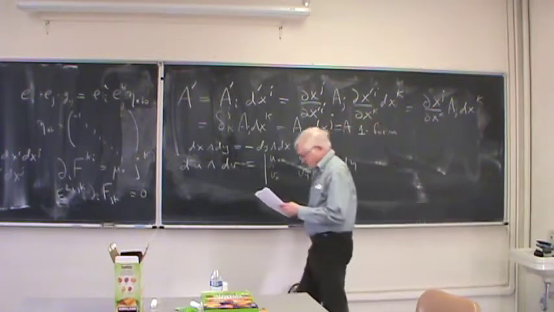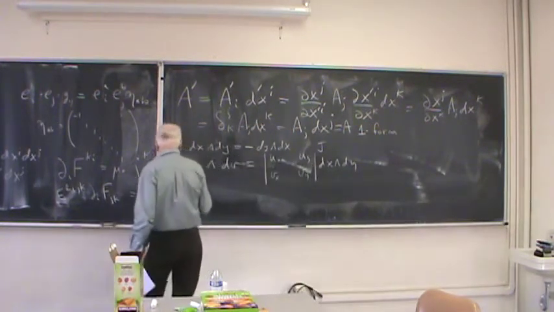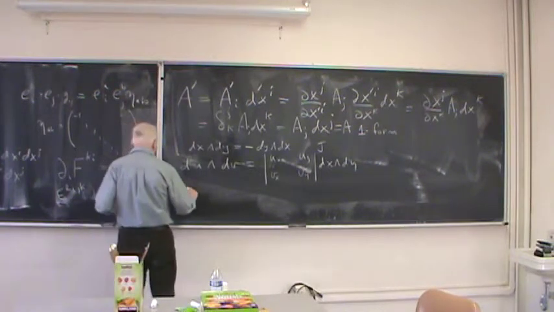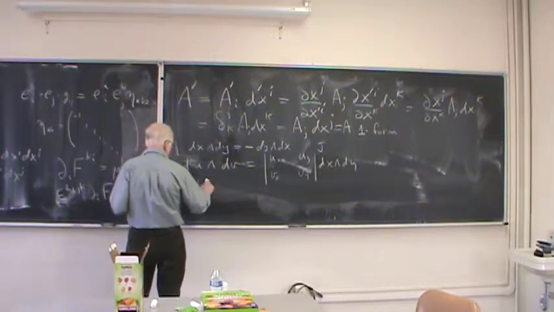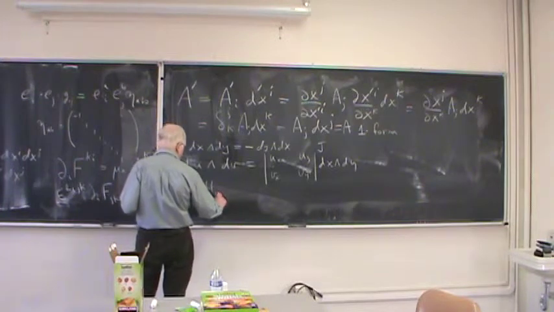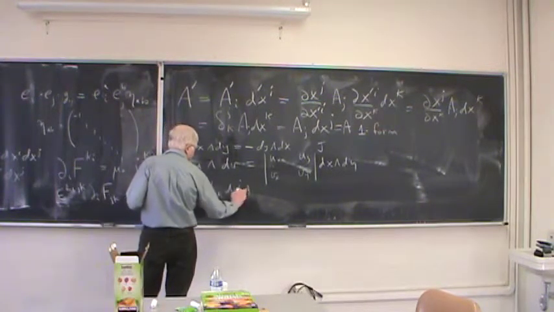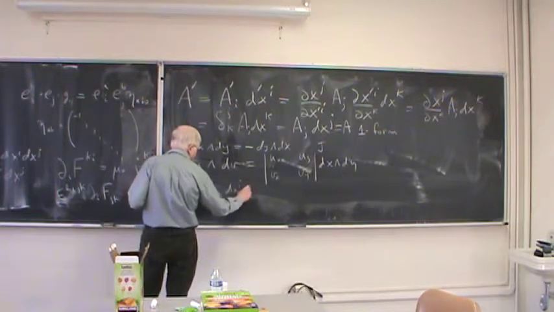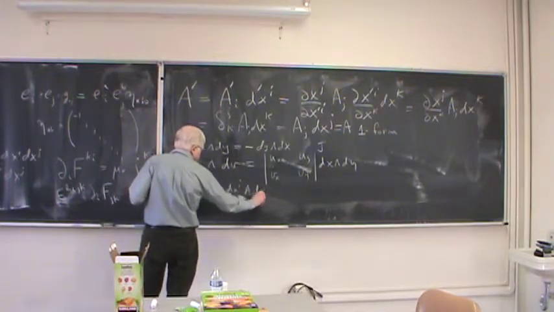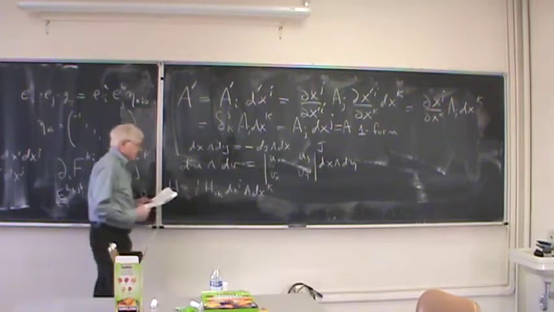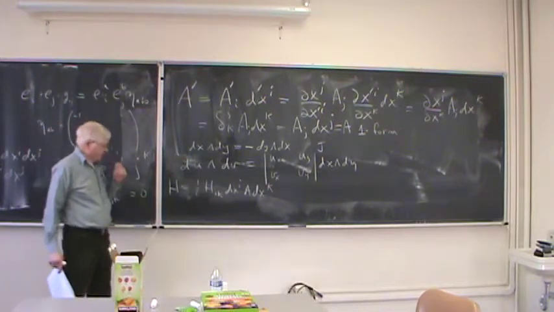So what are these other forms? Well, you can form something like this: 1/2 h_ik dx^i wedge dx^k. Well, you can see this is going to be invariant because